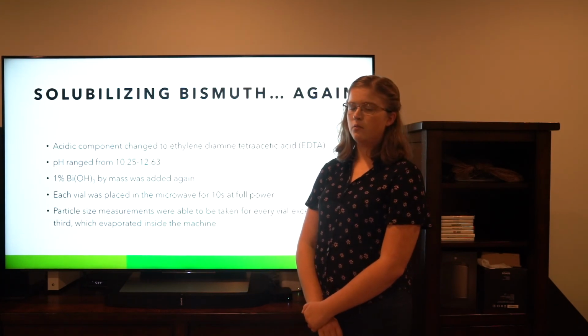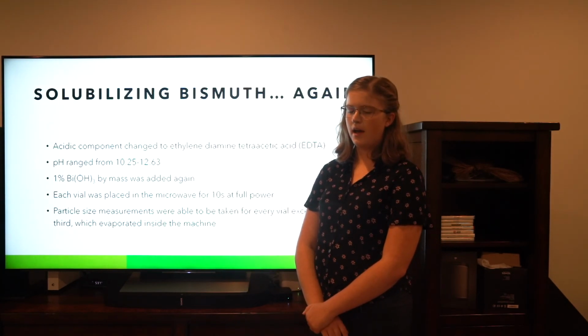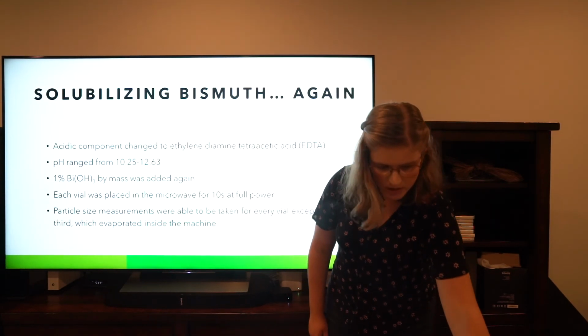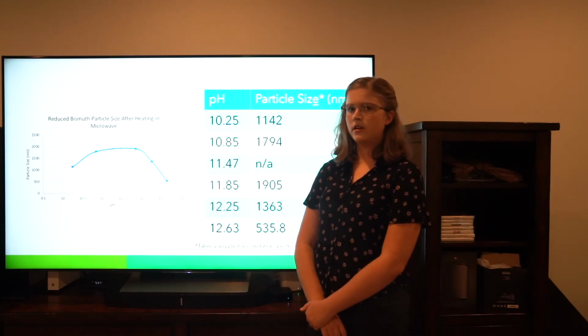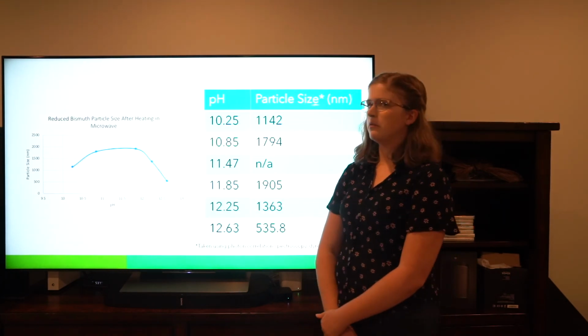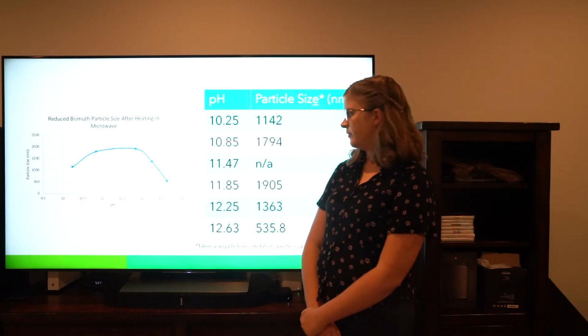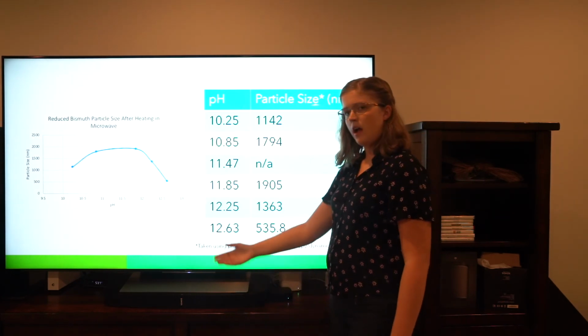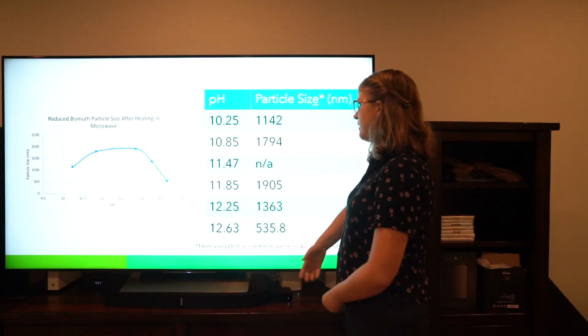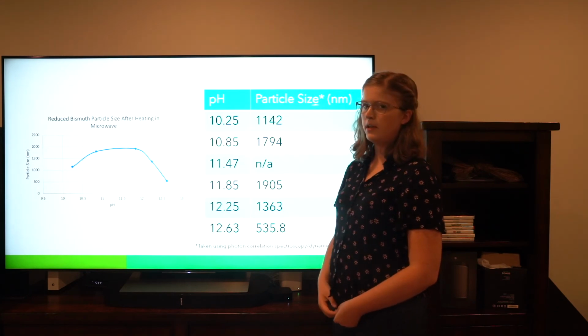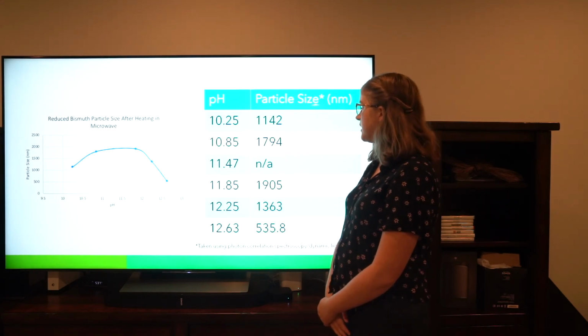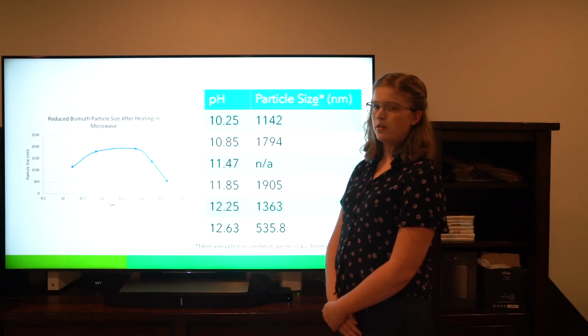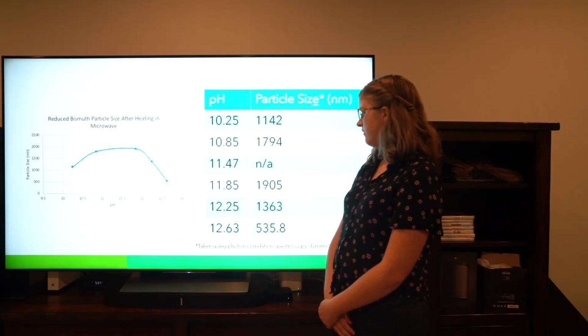After that, I added 1% bismuth hydroxide by mass, and then I put each scintillation vial in the microwave for 10 seconds at full power. I was able to take particle sizes for every sample except for 3, which evaporated in the zetasizer. During this experiment, in my vial that had a pH of 12.63, I was able to create particles that had a size of 535.8